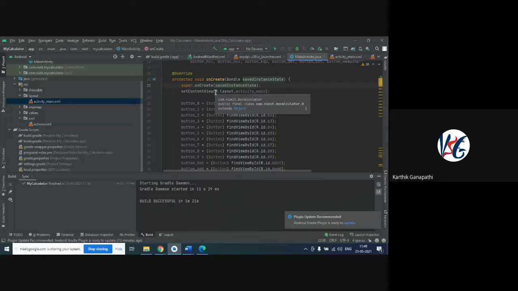For better understanding, I will explain how this is going to be linked. Just keep this in mind: R.layout.activity underscore main is where we are going to render our view. This view is nothing but this view.